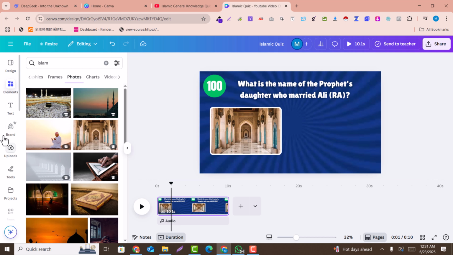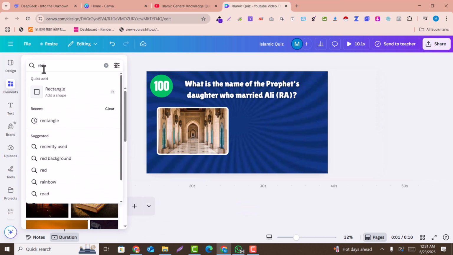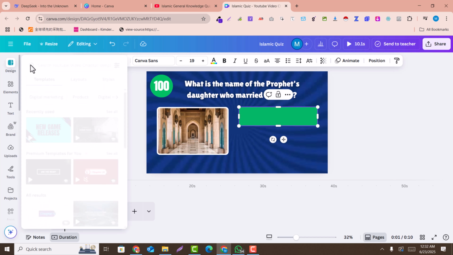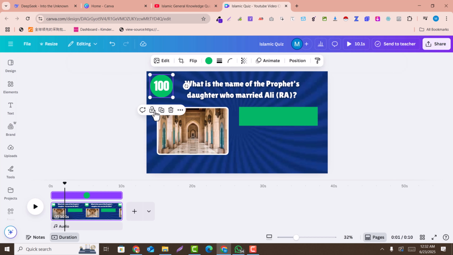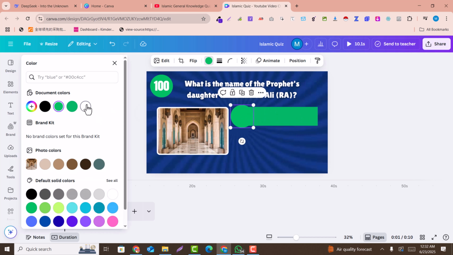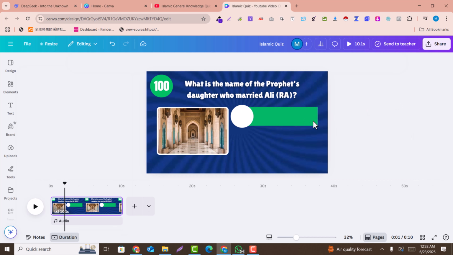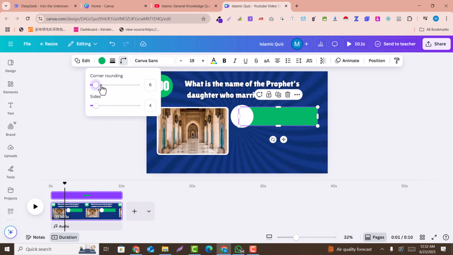So for that I just go back, and here I search for rectangular, and here I will just add 3 option rectangles, for example, for option A, B and C. So here is the option, and here again I will search for the circles. For example, this circle I just use here for the options A, B and C. So I just make the changes for the color, and here I will just make it border areas to the corners, we can select the corner radius, for example, here.